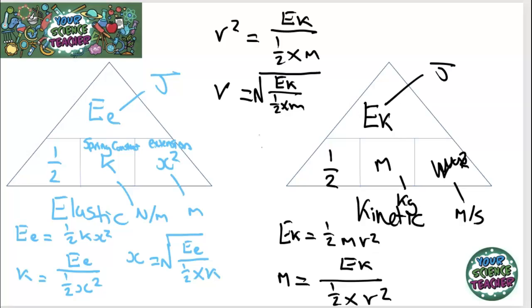Now, what's important to remember is in energy transfers, you can actually go from one store to another. So for example, if you've got a slingshot, you start off with elastic energy and you're converting it to kinetic energy. So you might have a question which is calculate the velocity that a projectile is fired with from a slingshot. And what you'd first be expected to do is calculate the elastic potential energy of the projectile. And then this should equal the kinetic energy of your projectile as well. So you could calculate the velocity that it comes out at.